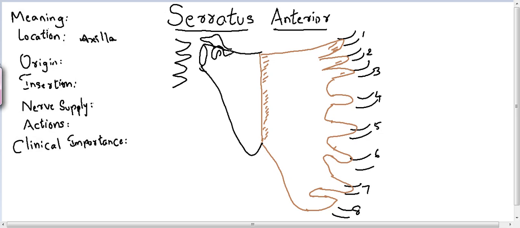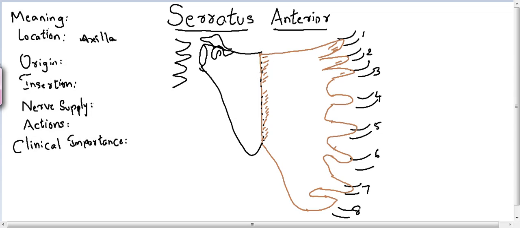So it's inserted to the medial border of the scapula, the costal surface of the medial border, or the anterior surface. To be more specific, the first digitation is attached from the superior angle, this area,